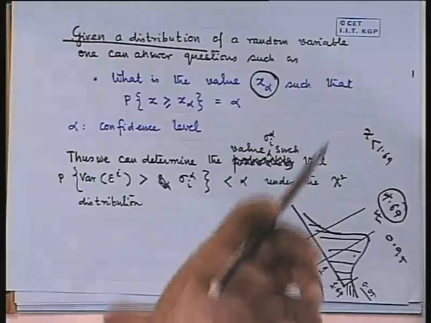So this is the argument. Given a distribution, if you know the distribution and you are given a value, you can determine the probability that the value came from this distribution. This you can determine simply by calculating the area under the distribution curve. So now you are given a chi-squared distribution,